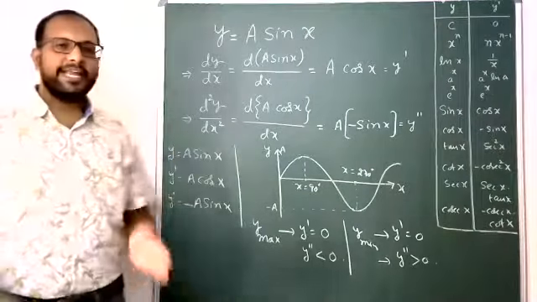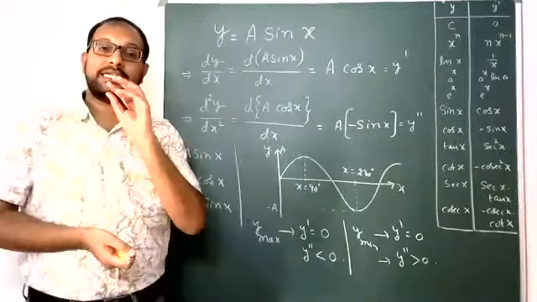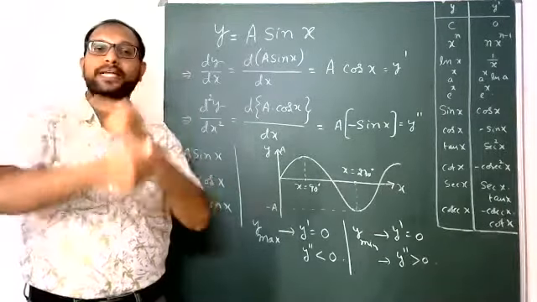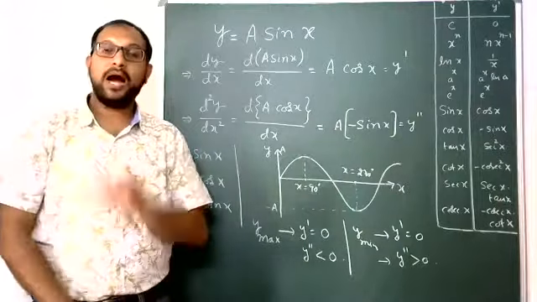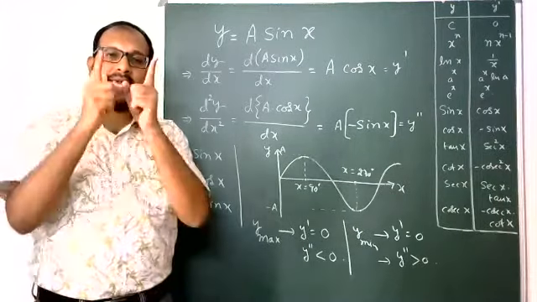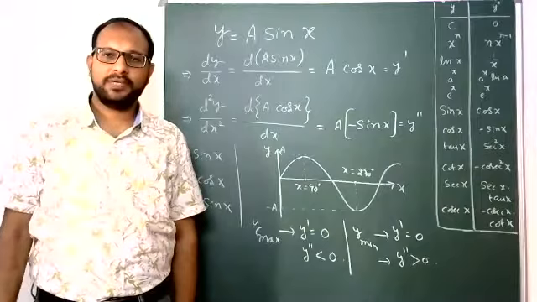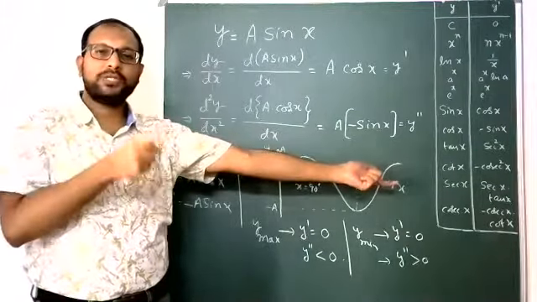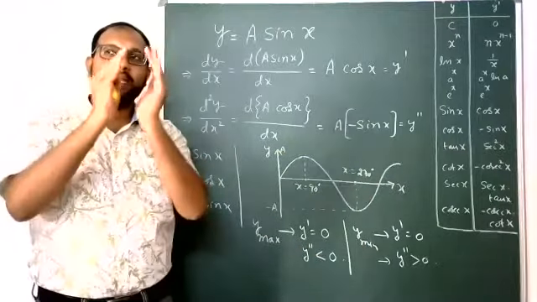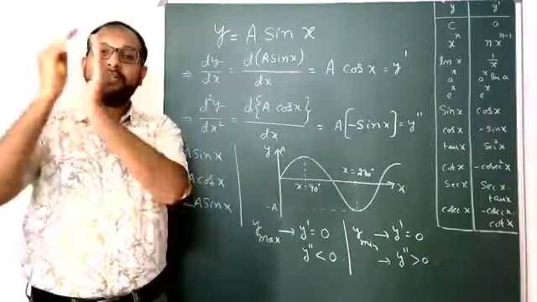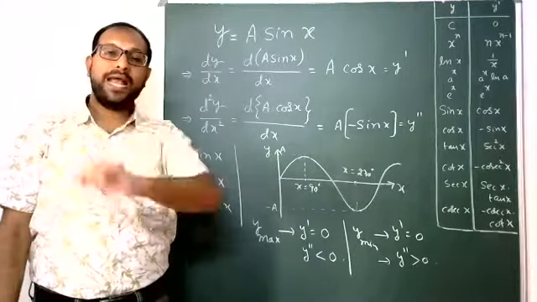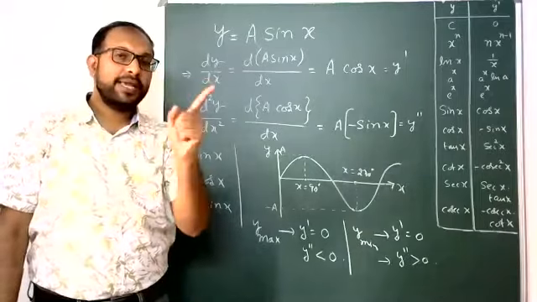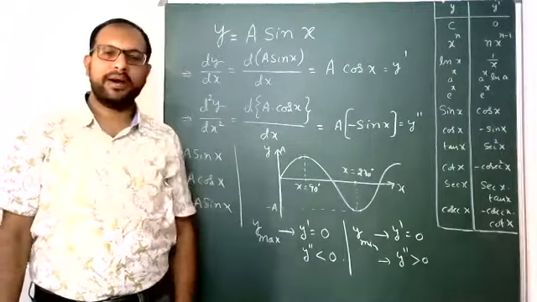Yes, so students, now any one function given, the function may have a maximum or may have a minimum, sometimes both possible. How to find out? Very simple. Take the first derivative of the function. Make that derivative 0. One value of x you will get. But at that value of x, y may have maximum or may have minimum.